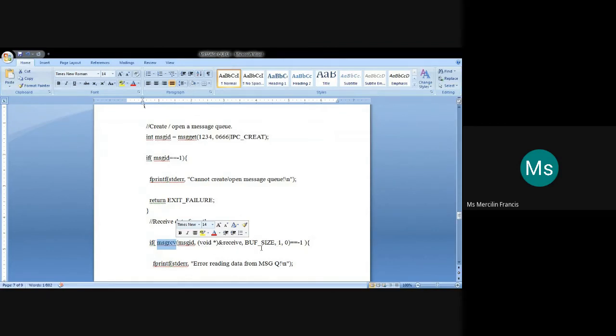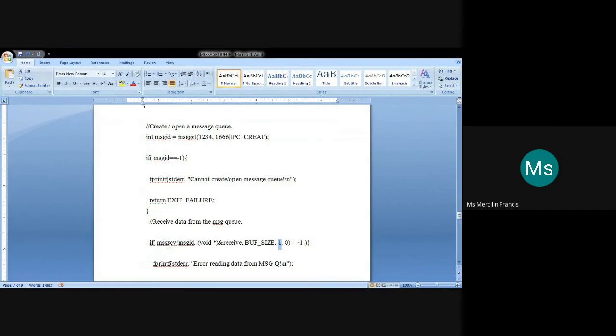Here the third argument is the message ID, then comes the receive, that is the structure variable used to read the data from the message queue, and then the size of the buffer. Then the fourth argument is given as 1. What does that mean?